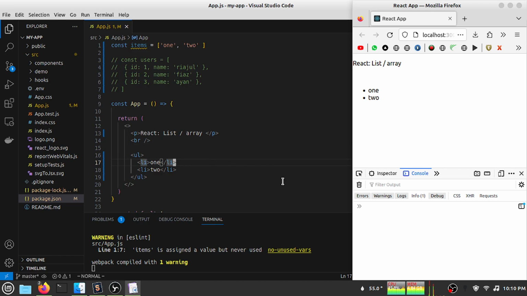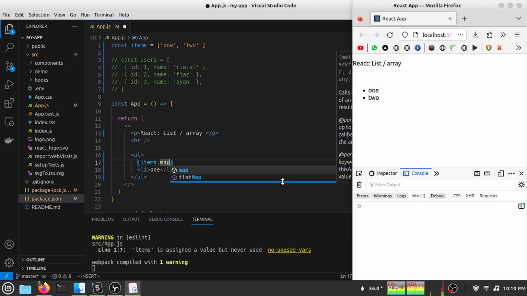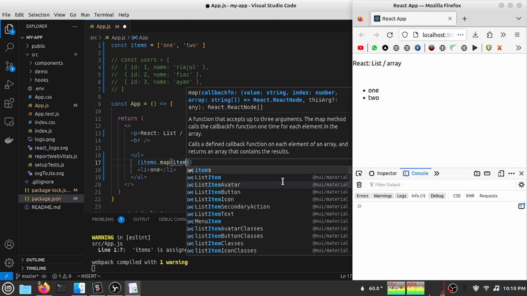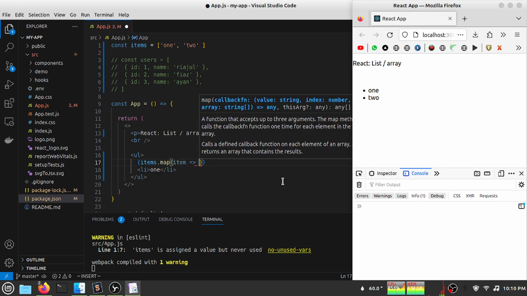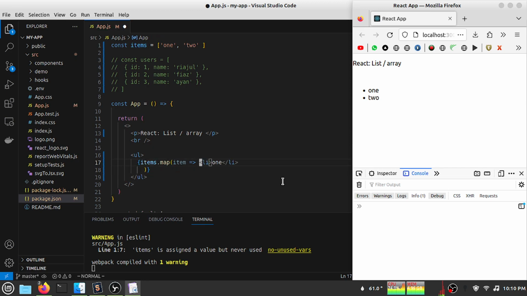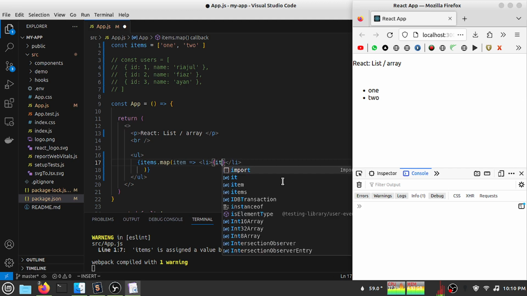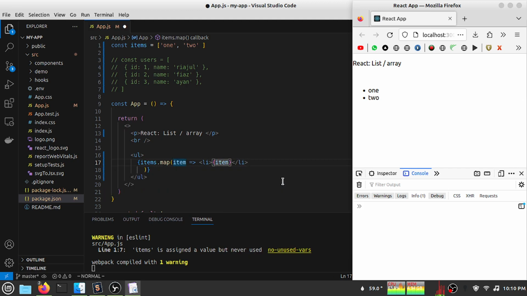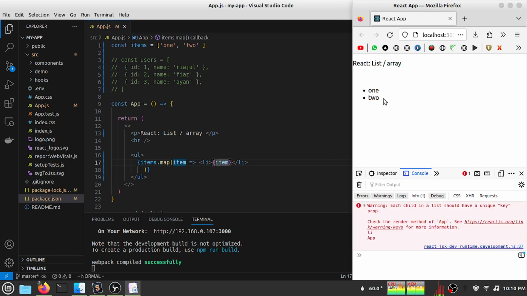So let's see how we can consume this array with our map method. For that we do not need two, we actually need only one. So items.map, item, return this line. Now I have to replace the hard coded one with item. If I save my file, I can see the same output appears here,